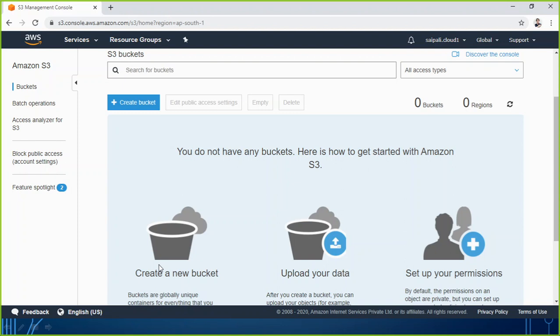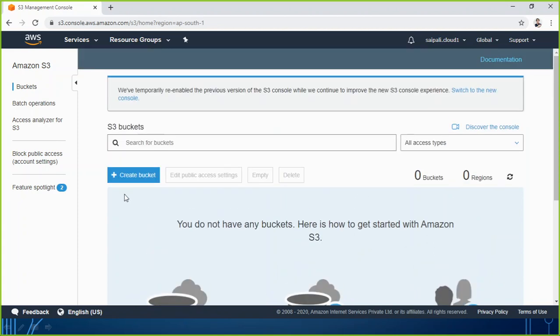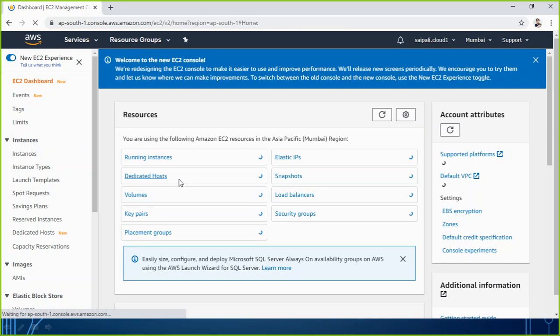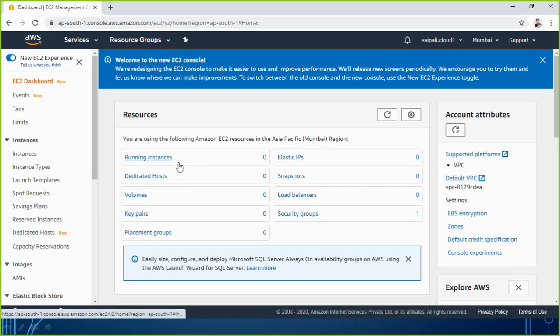Because if you are no longer running any service for more than the limited period of time, you will not be having any kind of bill from them. So that's how you can also check how many buckets you have made before. If you see here, please go and delete them in case you did practice last time and you want to remove them now. Similarly, if you talk about EC2 also, go to EC2 and you will be able to see from there how many running instances there are, and you can remove them too.